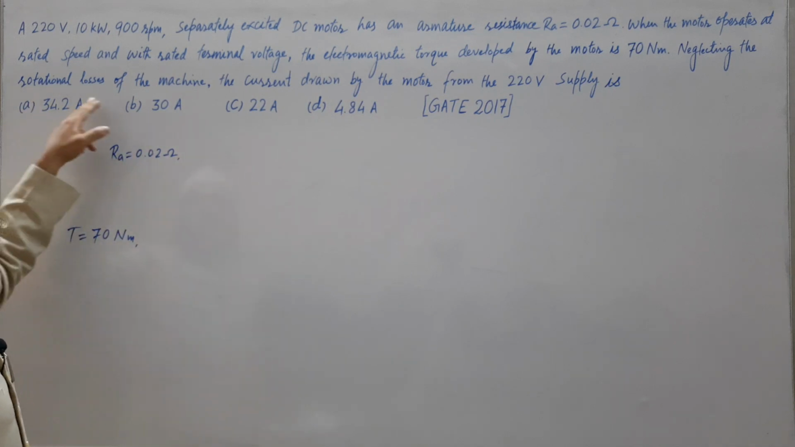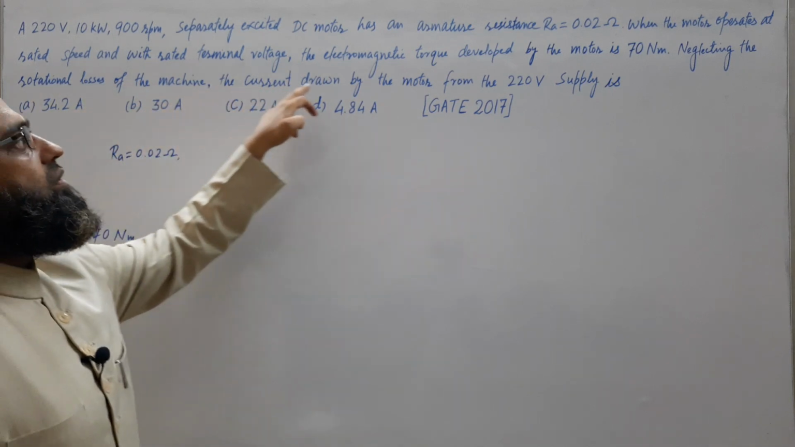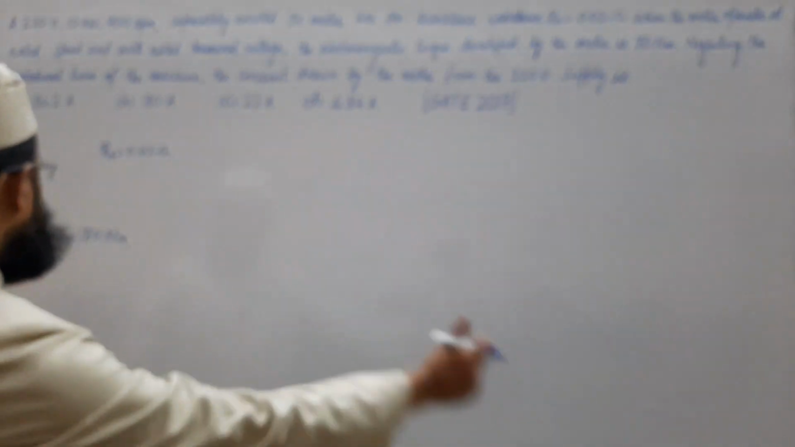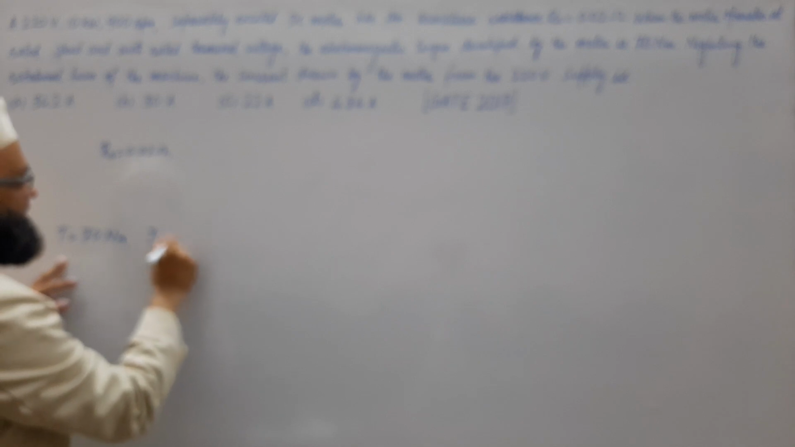Neglecting the rotational losses of the machine, the current drawn by the motor from the 220 volt supply is asked. Means when the developed torque is 70 Newton meter, at this instant Ia has been asked. We know that torque is proportional to Ka phi Ia,